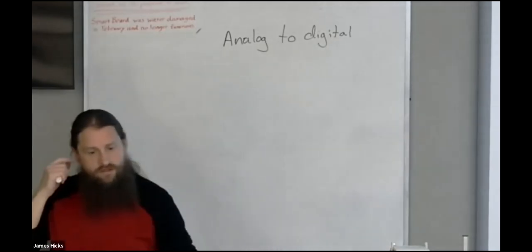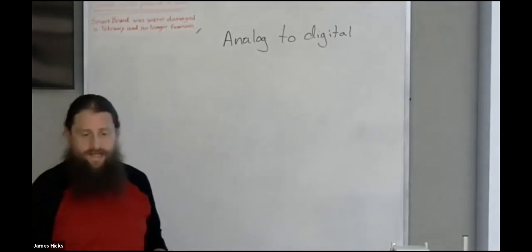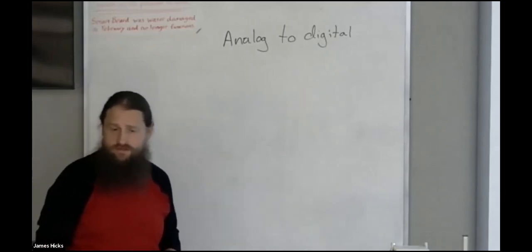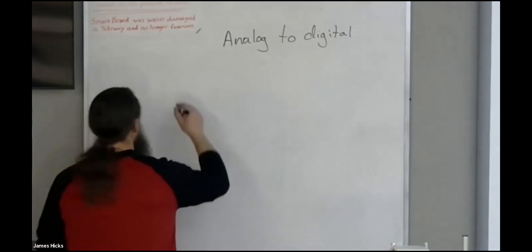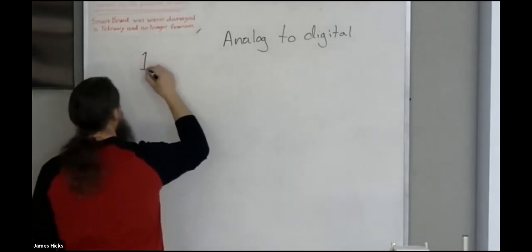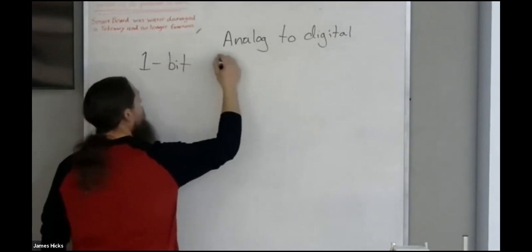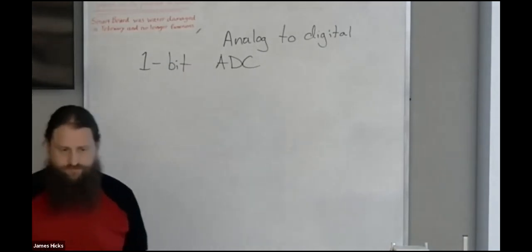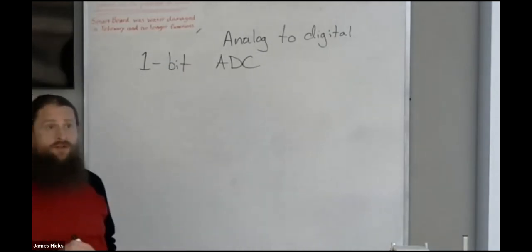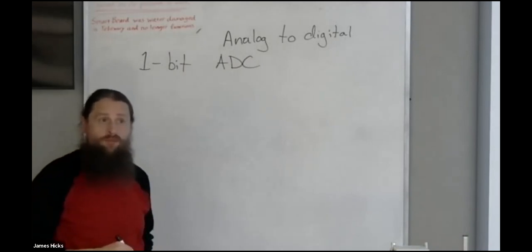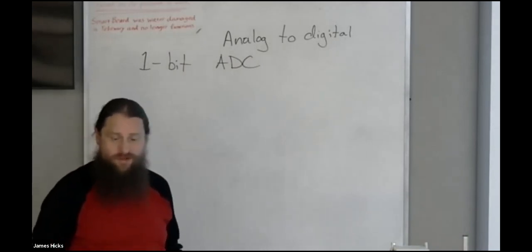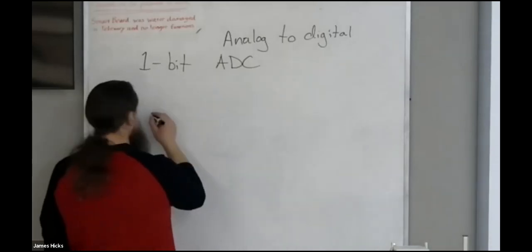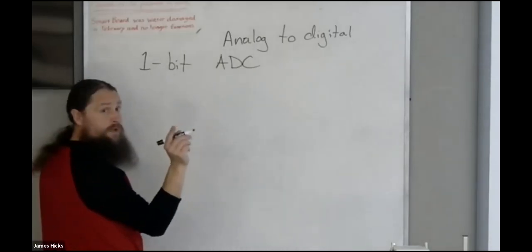So we're going to build an analog to digital converter. We're not going to build a good one. It's going to be a 1-bit analog to digital converter. 1 bit means there are 2 possible output states, 0, 1, high or low. Okay, so the way that we're going to make this